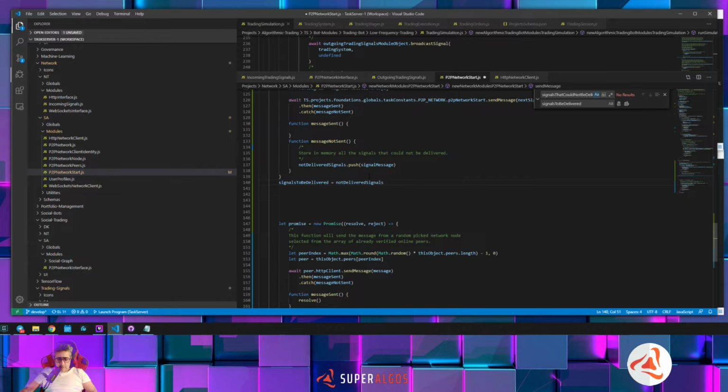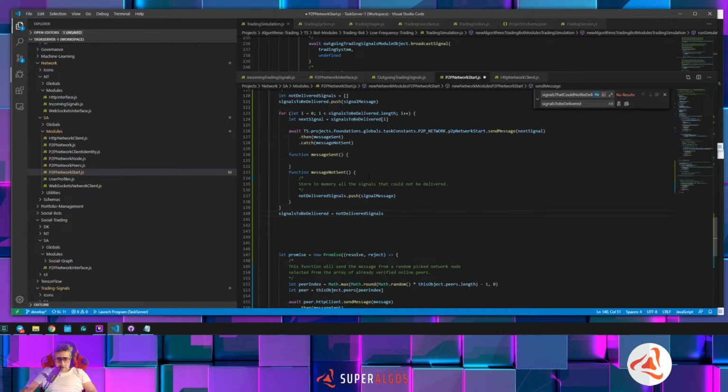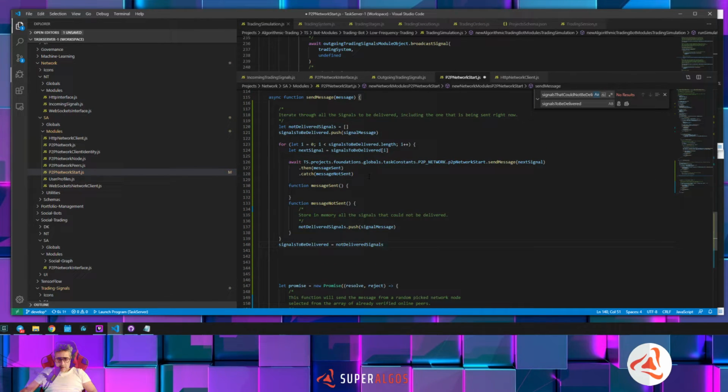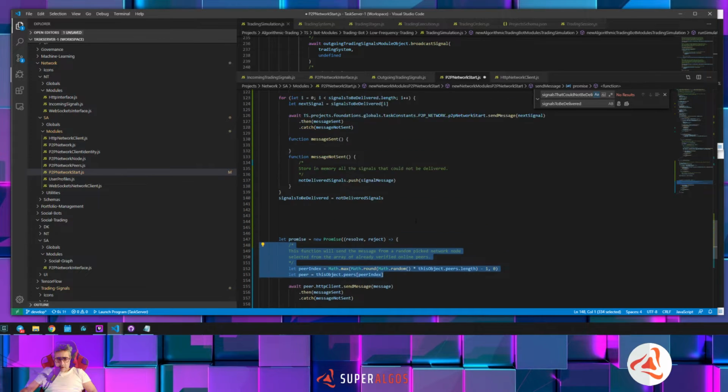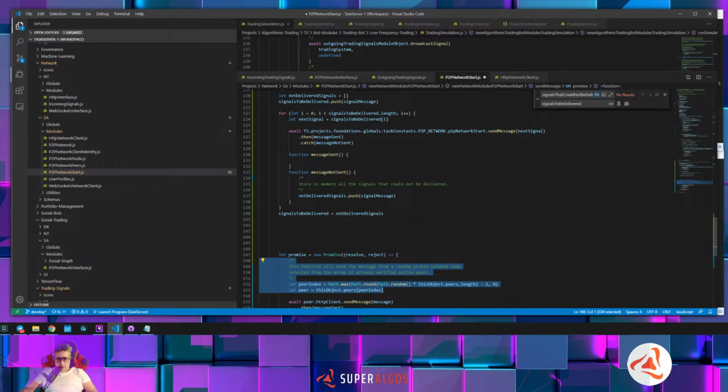Okay, how do we put these two things together? First, we are going to pick which node we are going to send the signals through,